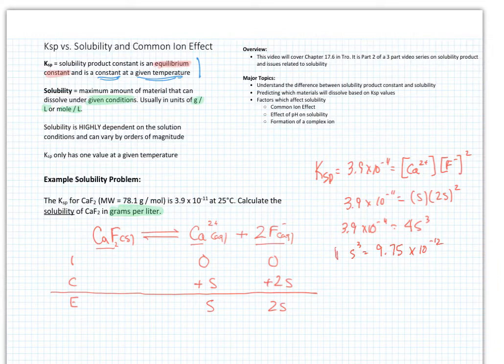We're going to take the cube root of both sides. And we're going to have S is equal to 2.1 times 10 to the minus 4. And this is actually moles of calcium ion per liter of solution. Okay, it's a molarity unit, but the key is this is actually moles of calcium ion, because remember, S is related to the calcium ion concentration. Okay, so 2.1 times 10 to the minus 4 is my molar concentration of calcium ions, but the question's really asking for